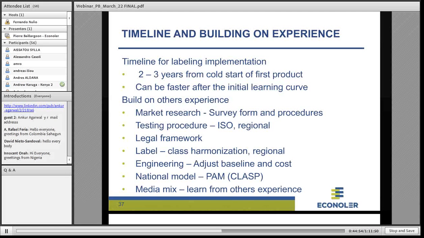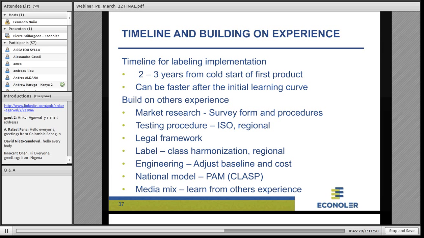You can find testing procedures. The trend, in most countries, is to use either ISO or regional testing procedures without modification, so as to simplify and ensure harmonization. You can study legal frameworks that have been implemented in other countries, which will give you a lot of information about the important elements that should be integrated in those pieces of legislation. Label class harmonization,